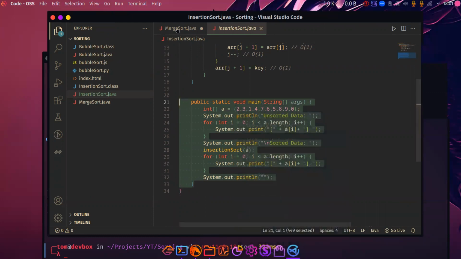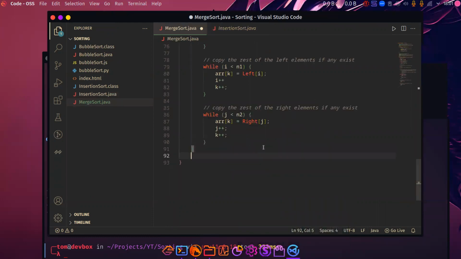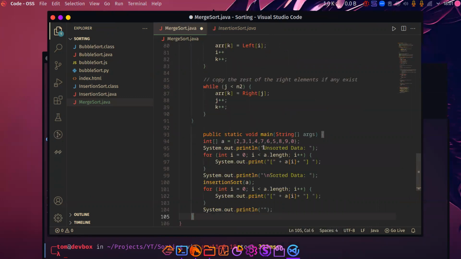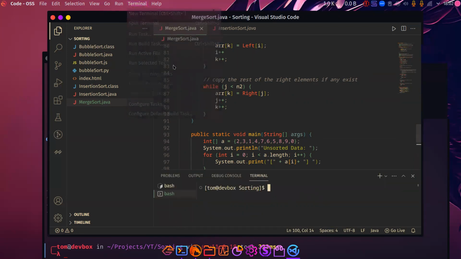This is presuming I've done no typos or anything silly. Let's have a look. Let's move that to be a bit there. That's fine. So now this insertion sort can turn into a merge sort. Let's see whether there's any typos or anything crazy going on. So we'll make a new terminal